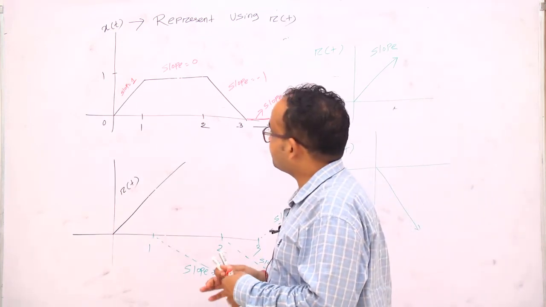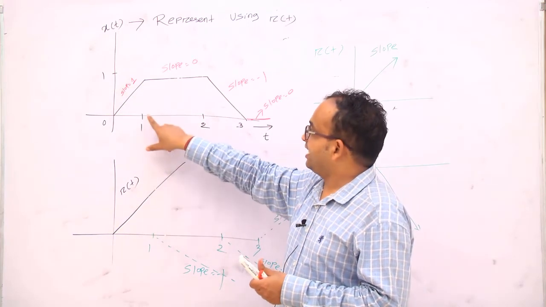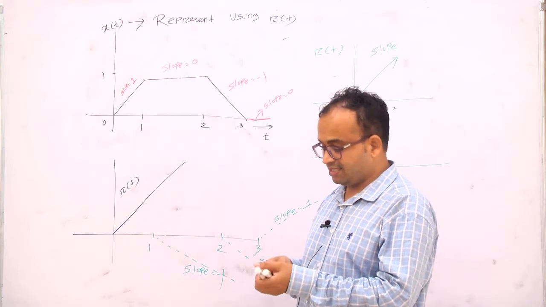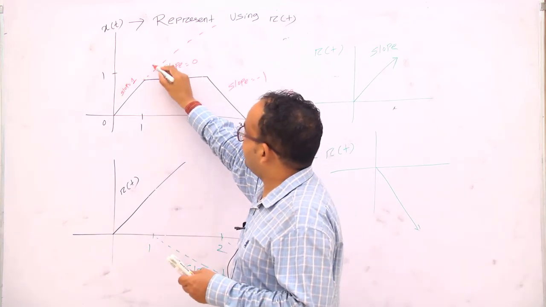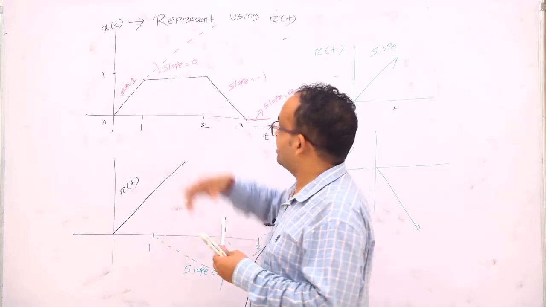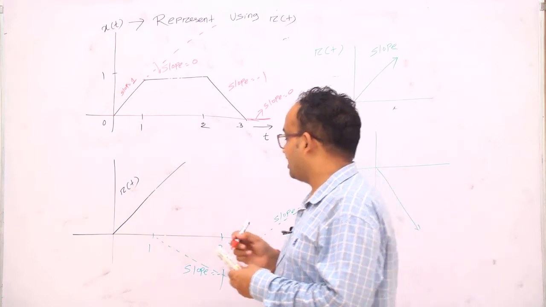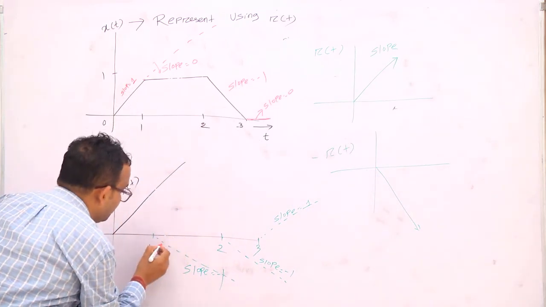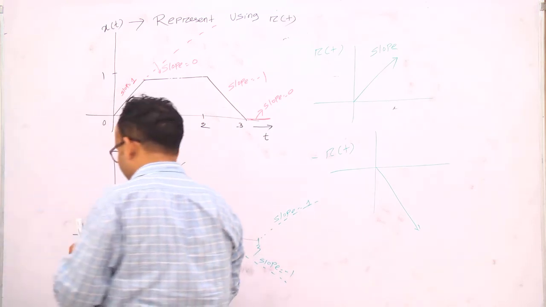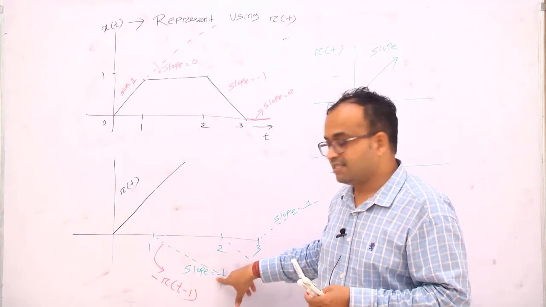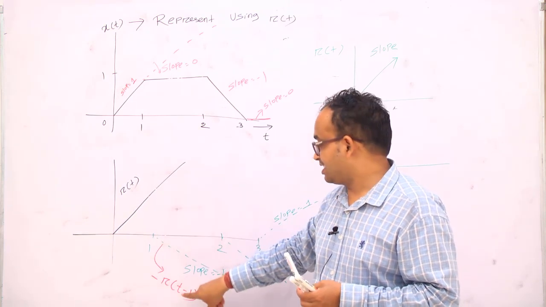Again I am telling, at 0 slope is 1, which means this is R of t. At 1 slope is 0. So I can draw also here, this signal is going like this. Right? So we have to bend the signal. How to bend the signal? By making the slope equal to minus 1 at the point 1. So how can I write these things? This is R of t. This one will be your minus R of t minus 1. Can I write like this? See this signal. Can I write? A ramp signal is shifted to 1. That is R of t minus 1.